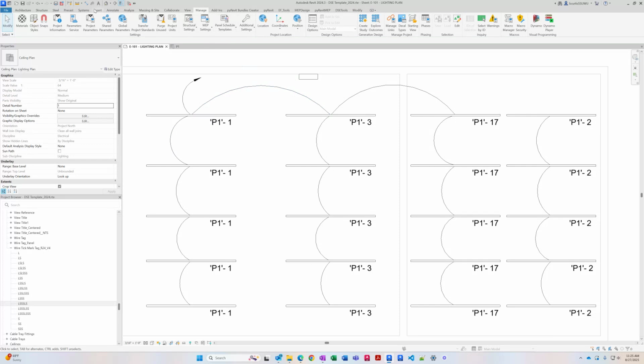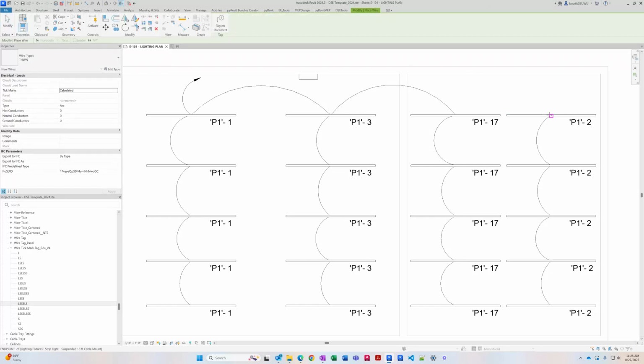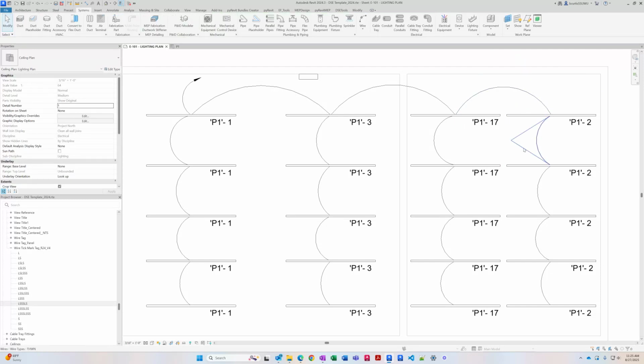And then let's add one more wire here for circuit 2, and let's wire this into this system, and there we have it. Now let's manually add some tick marks. So we have within the template wire tick mark tags, which are set up with all the various configurations for wire tick marks. So let's use those, and I'm going to grab the long short and begin